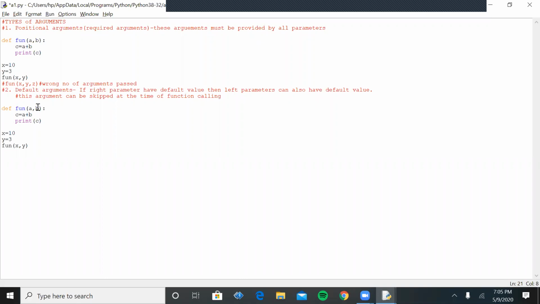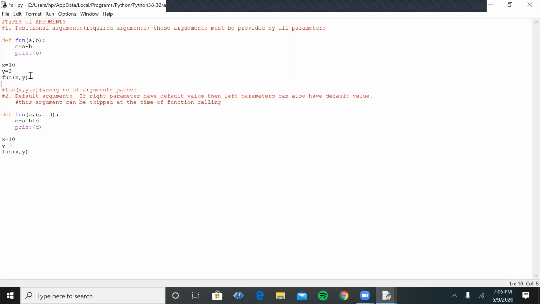Here I'm adding one more parameter in the function definition, and I am using another variable for the calculation of these three variables, so that the concept will be clear to you. Now if I call the same function, it will not show an error.